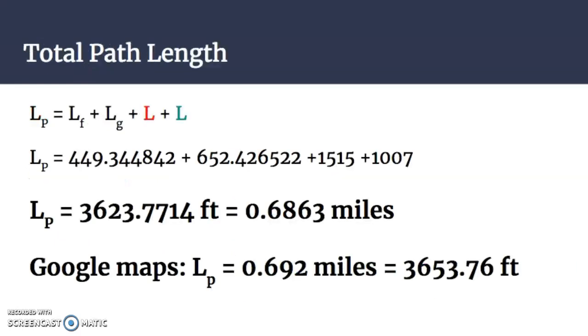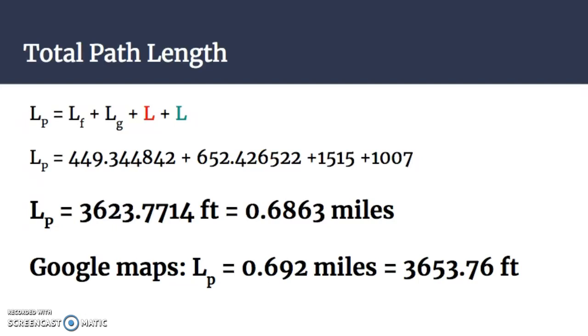So the total length of this entire path is the length of the first curve defined by f of x plus the length of the second curve defined by g of x plus the red line plus the green line. I plugged all the corresponding numbers in, which you can see right here, and then found that the total length of the path is 3,623.7714 feet, approximately equal to 0.6863 miles. According to Google Maps, this path is